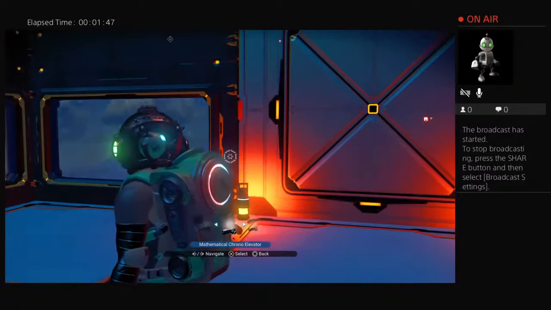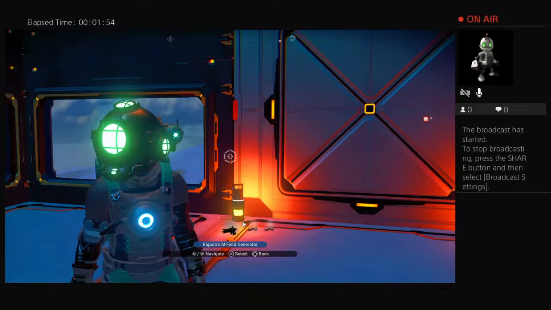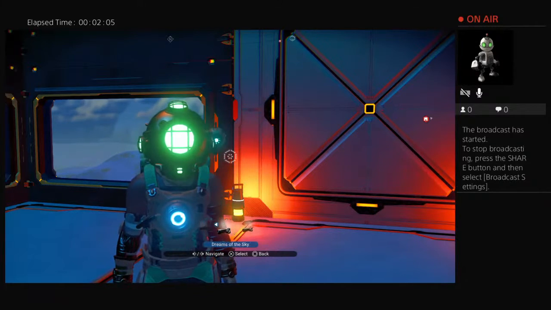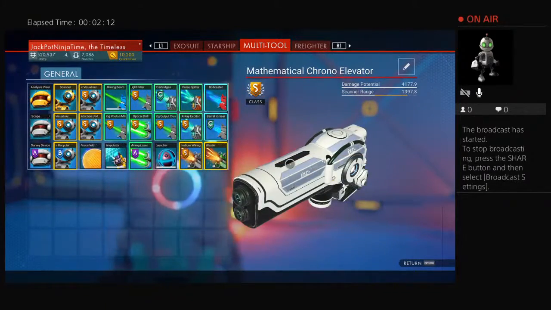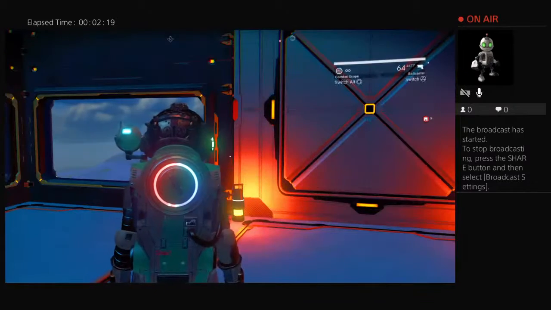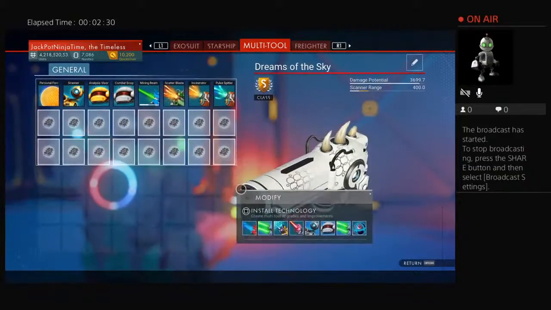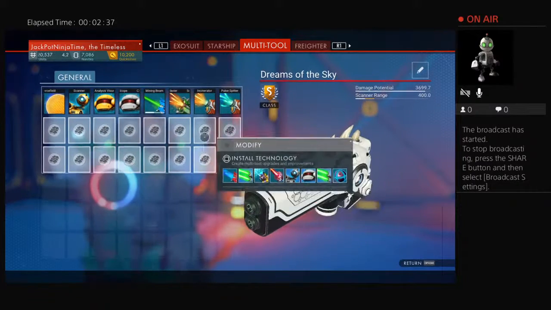So yesterday I had a quick test to see whether there was any difference between the base multi-tool and just any ordinary S-class experimental, and I think that I proved that there isn't. I've got a couple of experimentals. I've got this one, which is my everyday one, a general everything kind of multi-tool, and then this other one that I picked up recently, the Dreams of the Sky, because it had the incinerator on here. So this is basically an empty, ready-to-use multi-tool,